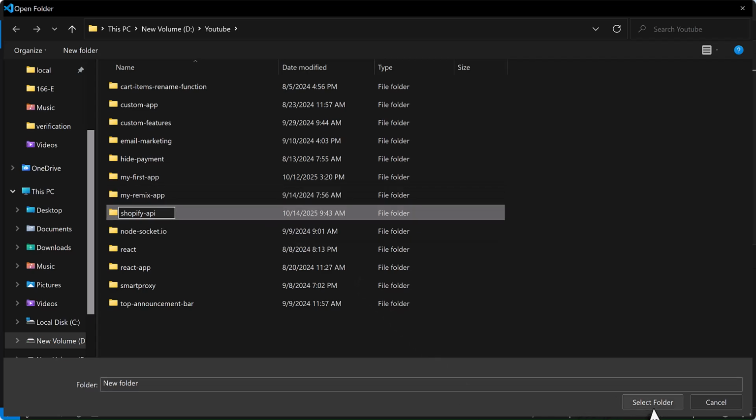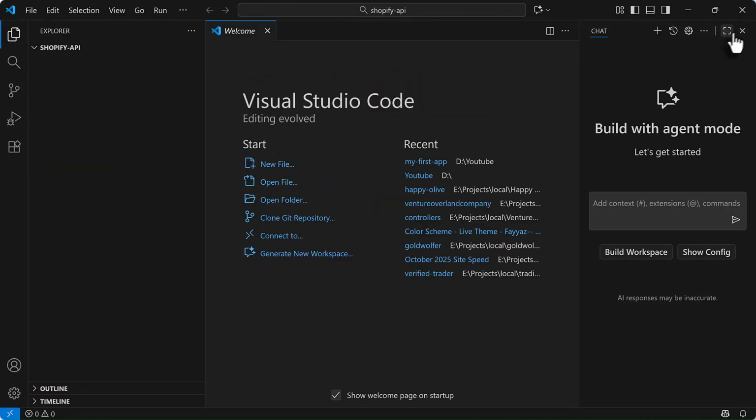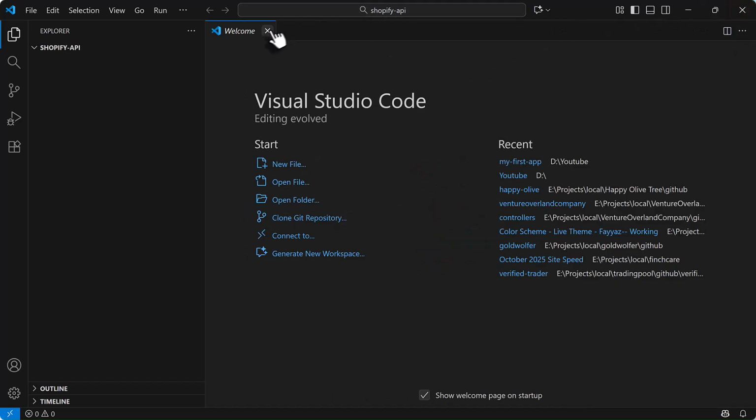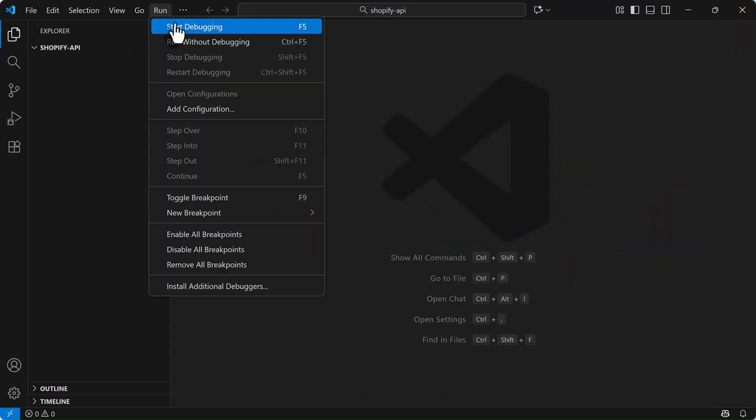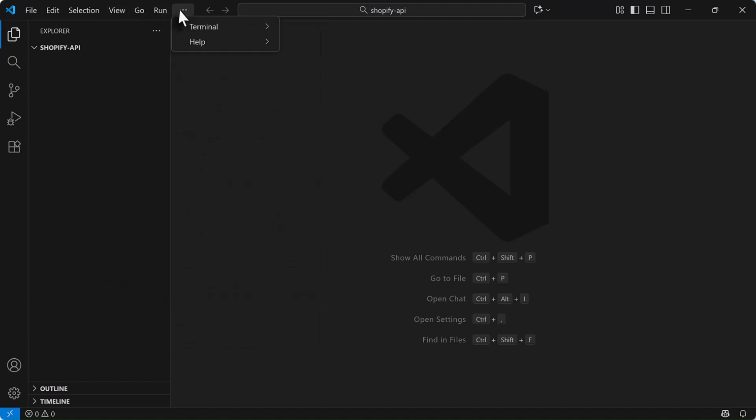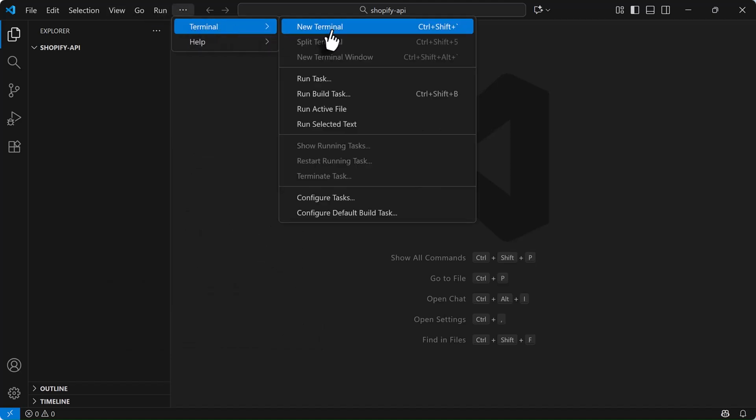Okay, and select this folder, and now in our folder we will open the terminal,